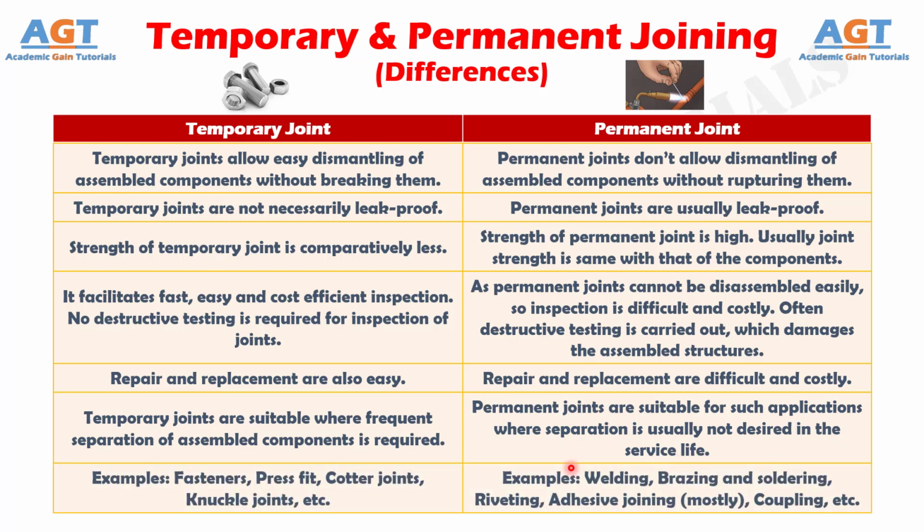And difference number 7. Examples of various temporary joints include fasteners, press fit, cotter joints, knuckle joints, etc., whereas examples of various permanent joints include welding, brazing and soldering, riveting, adhesive joining, coupling, etc. As we can see here,